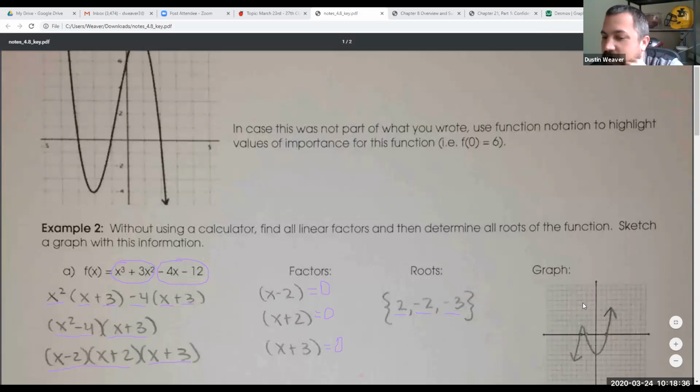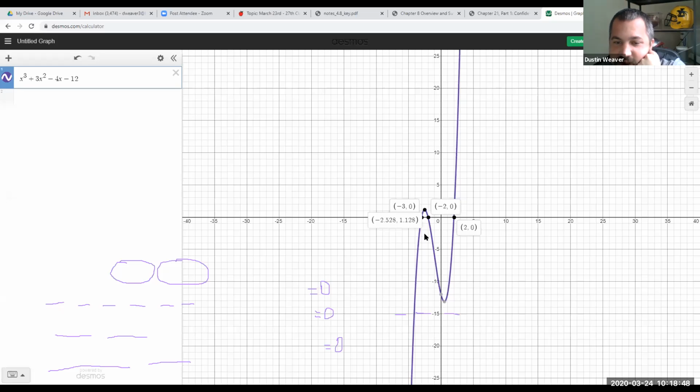Now, the other thing on our graph that we want to make sure we have correctly when we graph it is the highest point and the lowest point, and Desmos will tell us that also. So notice our maximum is somewhere around negative 2.5 and 1.1. As long as you're close, it's fine. And then it will show you your minimum down here is like negative 13 or something. It also shows you your y-intercept, as we pointed out in the last one. So all the important points you can just click on, and Desmos will give you those.